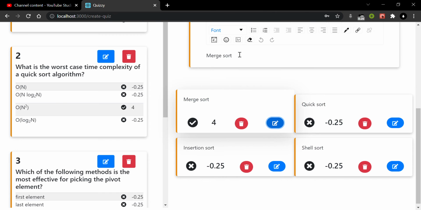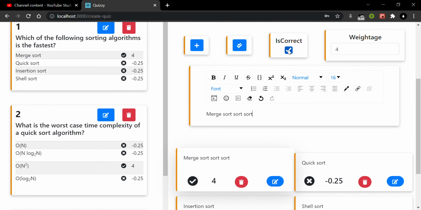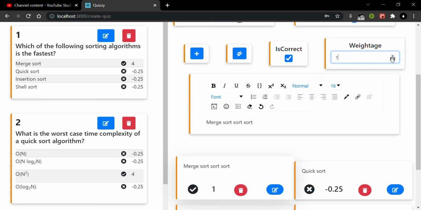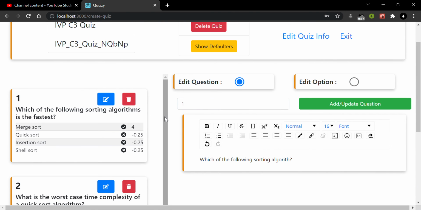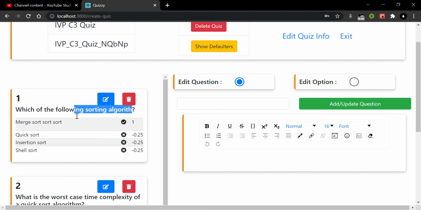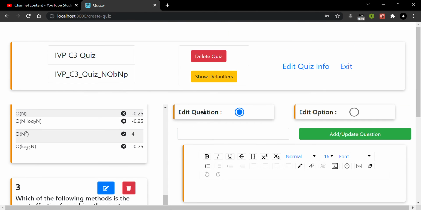We can also set whether an option is correct or not, and change the weightage. I have changed it to 1, saved those changes, and then finally updated the question. The question right now is this, but if I update it, it will be changed accordingly. So this is the whole quiz editing portal.